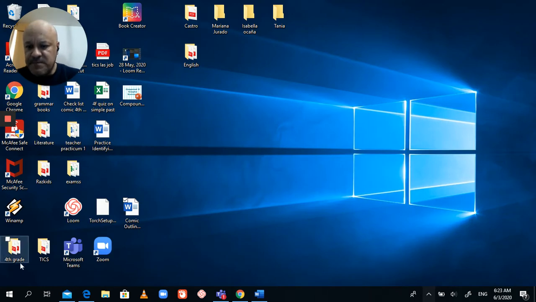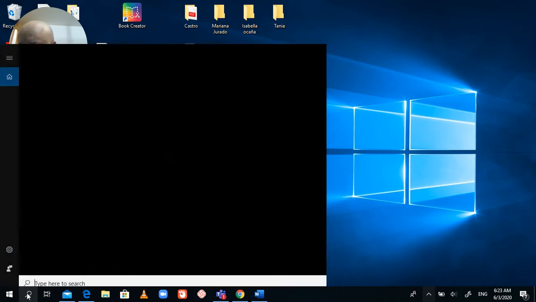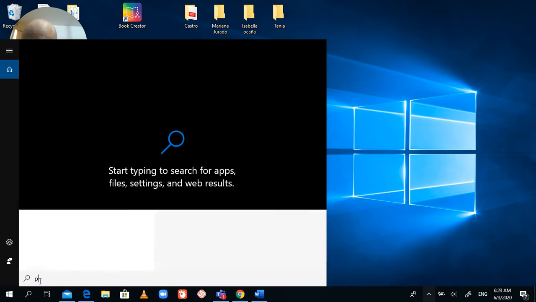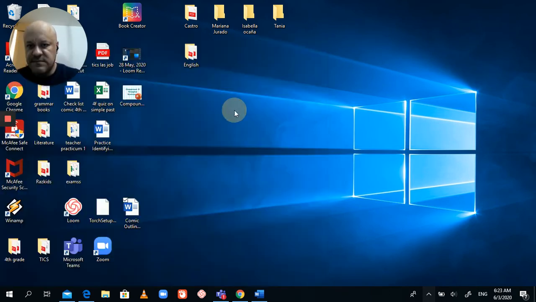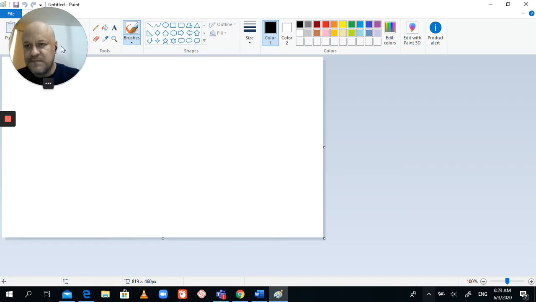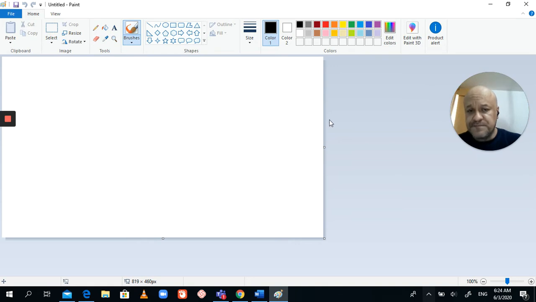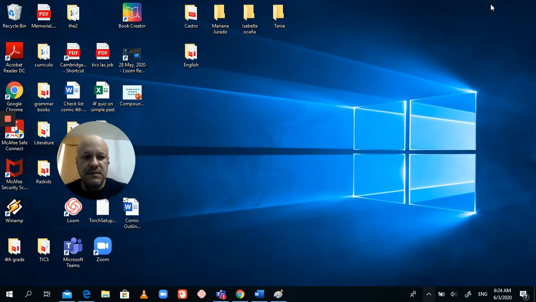Okay, now in your search bar in your computer, you're going to write down paint. Okay, and here it is, right? Voila. So from here, we need to transport our template right here into paint so we can type in it. So what am I going to do next? Okay, let me minimize it. Okay, give me a minute. Okay, now